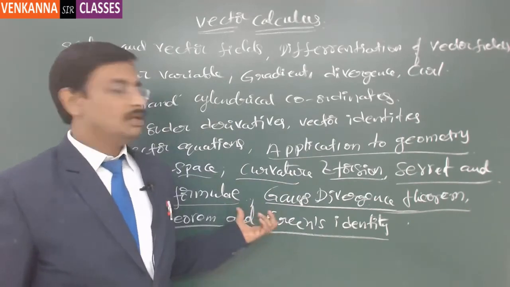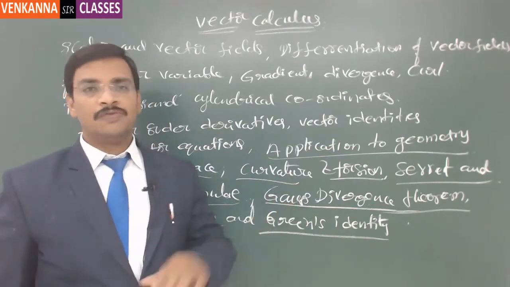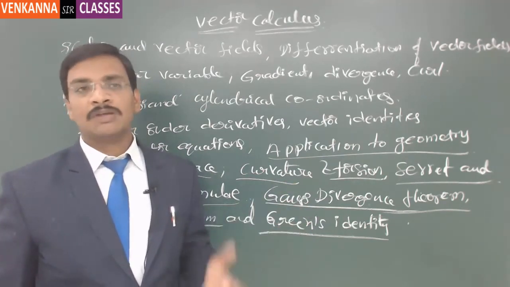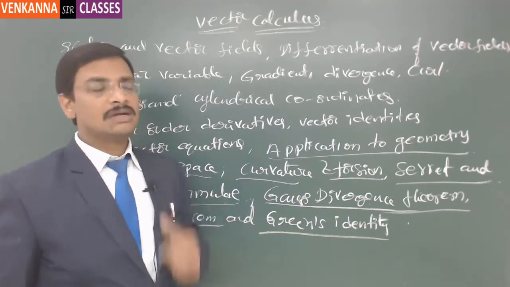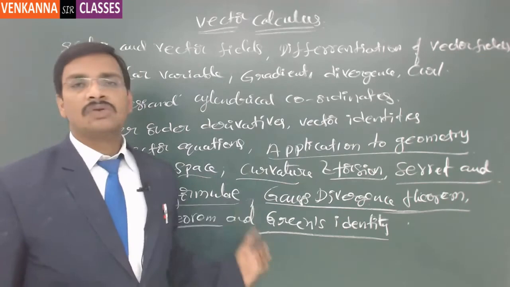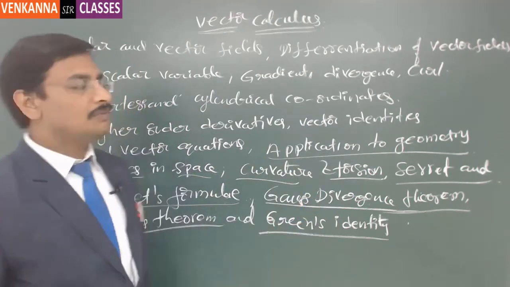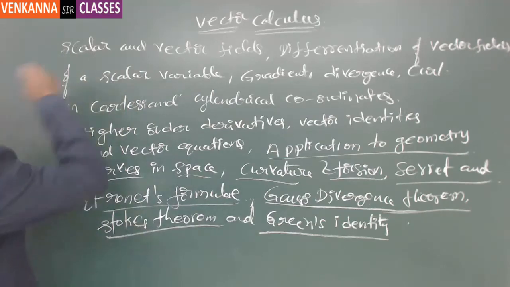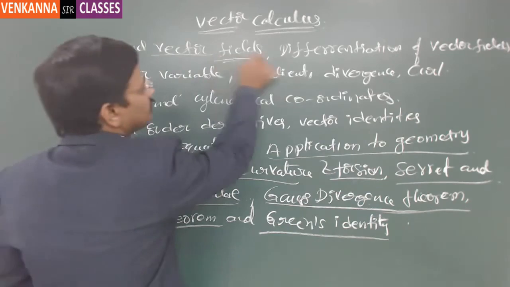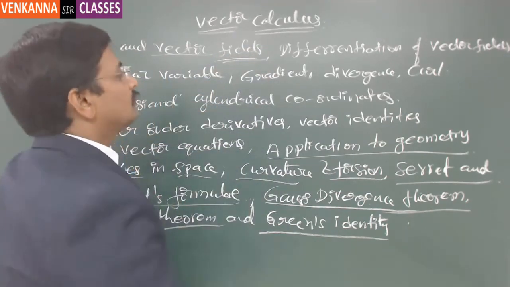Because the proof of these theorems, meaning verifying Gauss divergence theorem for a certain surface, verifying Stokes theorem for a certain contour, such kind of things he is going to ask. So these are the two sections where you can expect questions. Other than that, the applications, that is scalar and vector fields. You need to understand what is a scalar and a vector field, and then the applications of